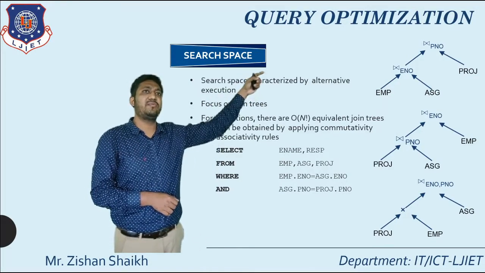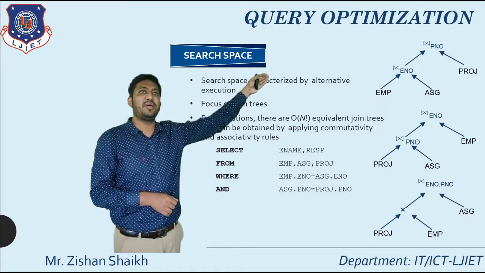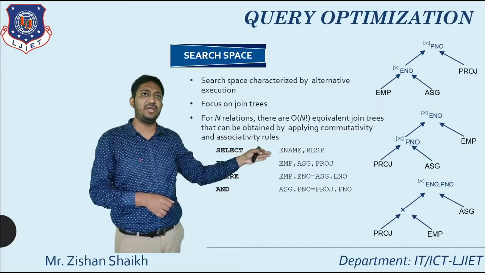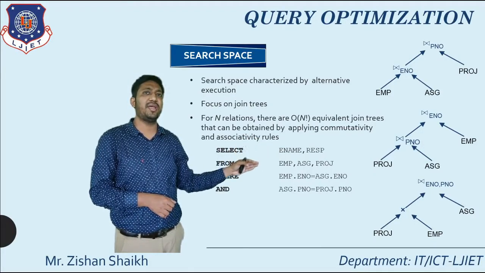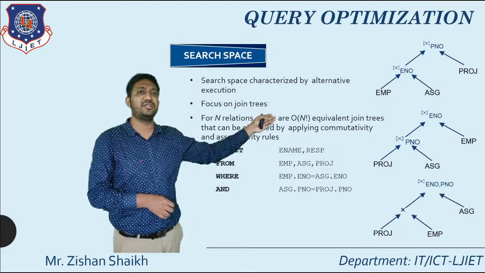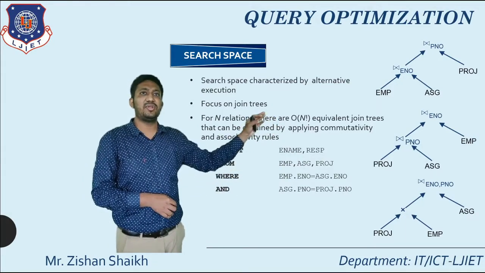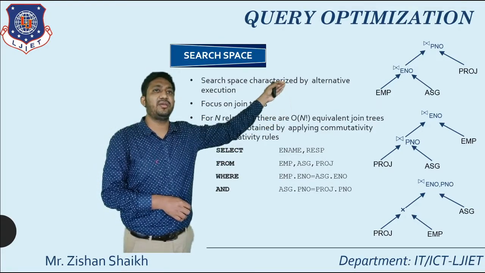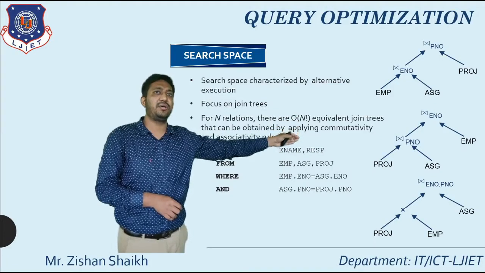Now from that it will take the project table and generate the project number. This is our step number 1. The same way, it will take first project number and ASC table, and from that it will join the data and generate the P number. Now that output will be generated with the help of EMP and find the P number. That is our alternative 2.